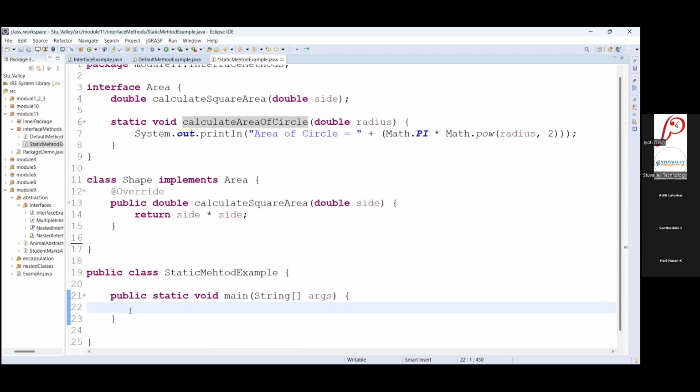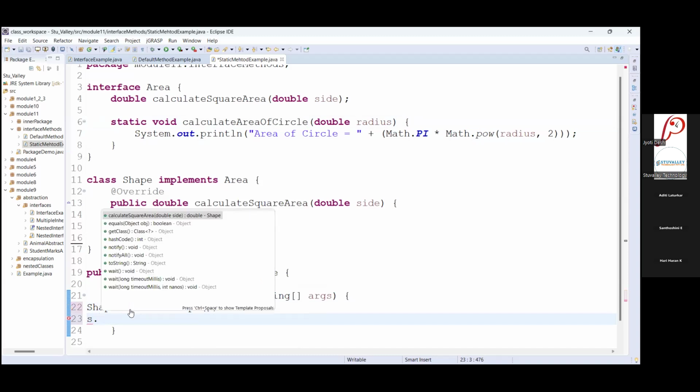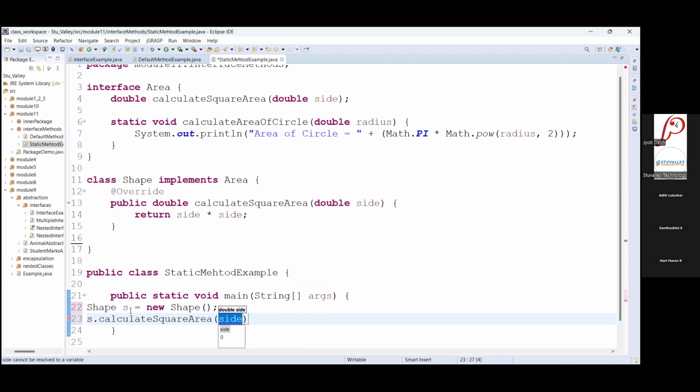With normal object creation, you can create a Shape object, new Shape, and you can access the parent members and child members also, right? So square area, here I am passing 63 as the value.